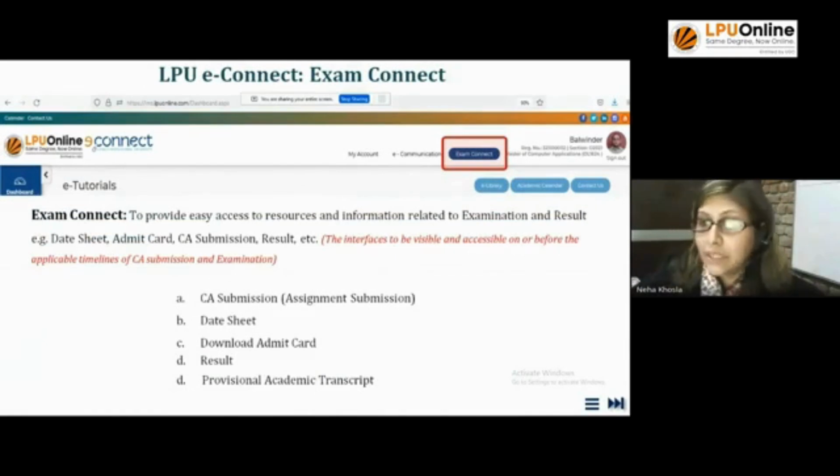देन नेक्स्ट सेक्शन इज एग्जाम कनेक्ट। अभी आपको इस सेक्शन में ड्रॉप डाउन विजिबल नहीं होंगे। द रीजन मीन कि अभी असाइनमेंट सबमिशन की डेट्स नहीं है, डेट शीट की डेट नहीं है, अभी आपको एडमिट कार्ड नहीं चाहिए, रिजल्ट का नहीं है, ट्रांसक्रिप्ट का कुछ नहीं है। तो जैसे जैसे ये डेट्स अप्रोच करेंगी, ये शेड्यूल्स आएंगे, तो आपका ये सारा इंटरफेस विल बी वर्किंग। ये आपको इसलिए बता रहे हैं कि दीज आर द फीचर्स यू विल बी गेटिंग, कि यही आएंगे सारे इंटरफेसेस।